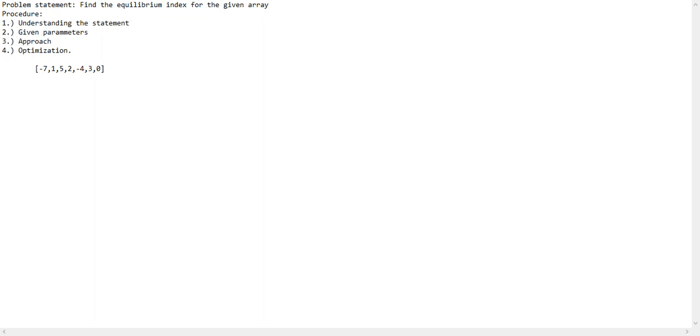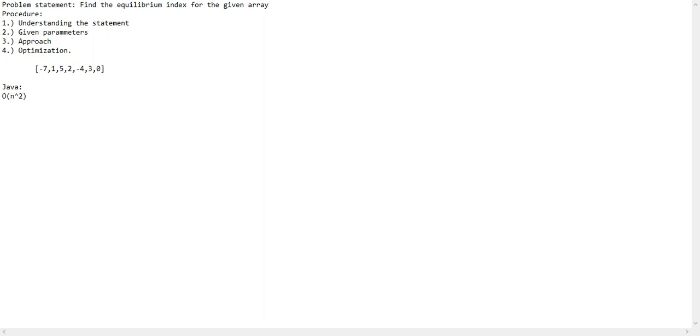Basically I am comfortable in Java, but if you understand the logic and the approach, you can code in any language you want to. You just have to change some syntax according to the language that you are using. I am using Java, and the solution that I am going to show is of O of n square time complexity.